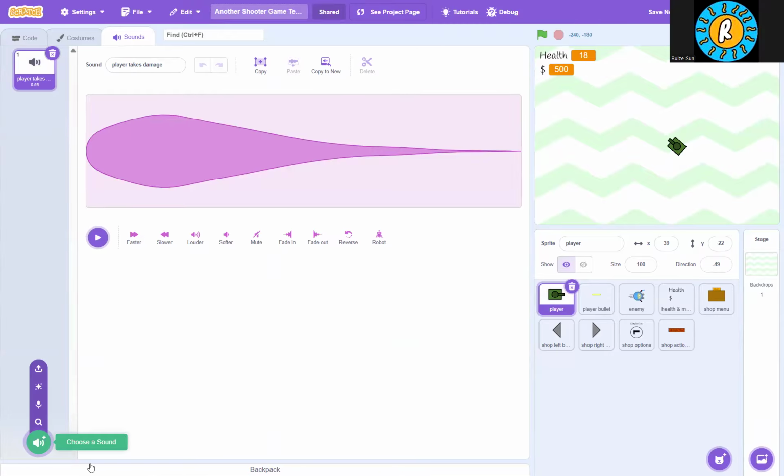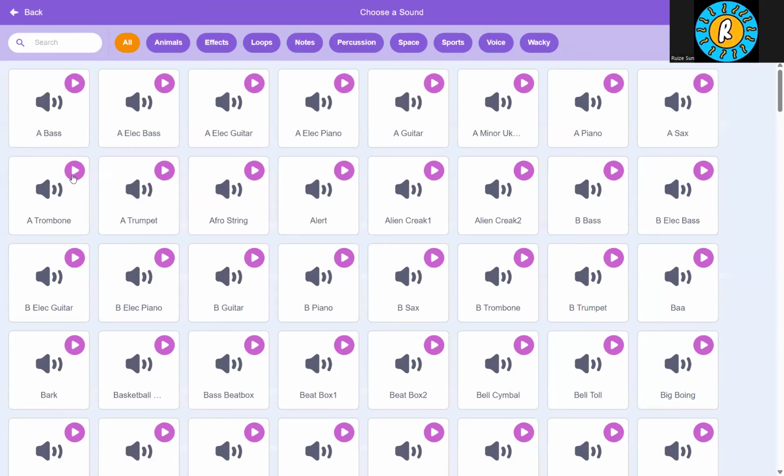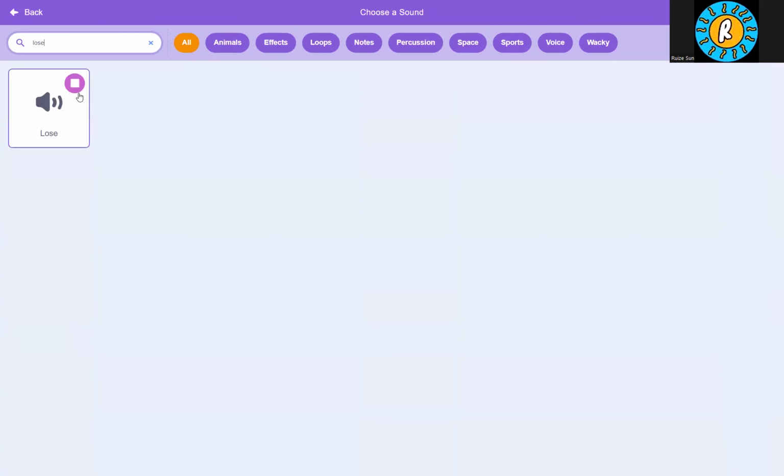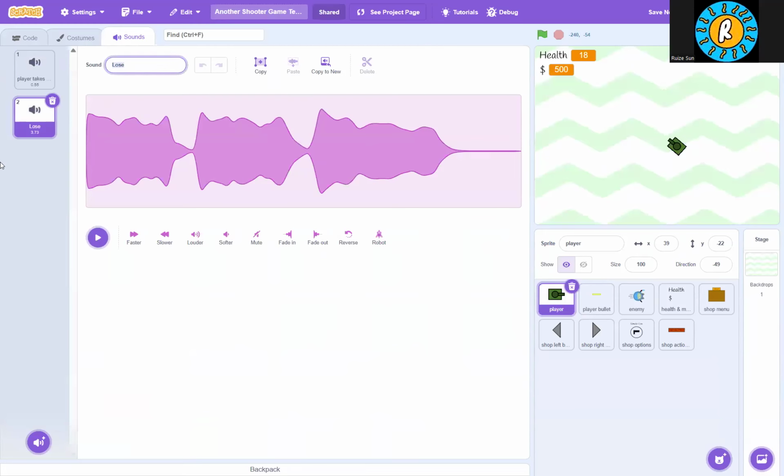And then we're going to have a second sound. Once you have the player takes damage sound, we're going to find another sound. We're going to look for a game over sound or something. I think lose works pretty well. So I'm gonna click the lose player sound effect, and I'm gonna name it game over. All right. Once you have these two sounds,